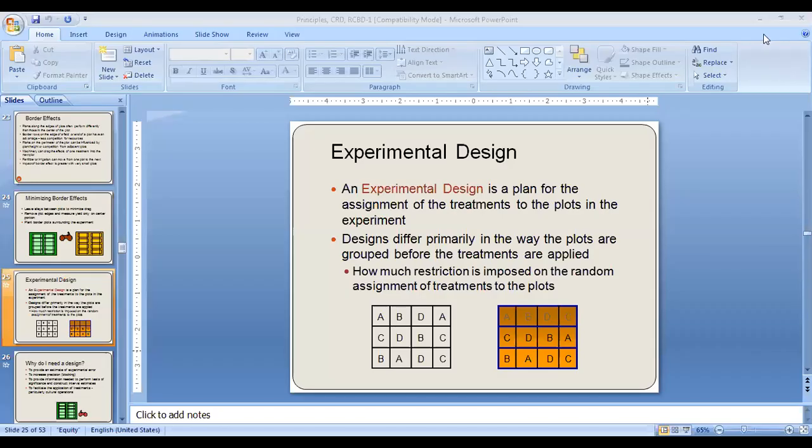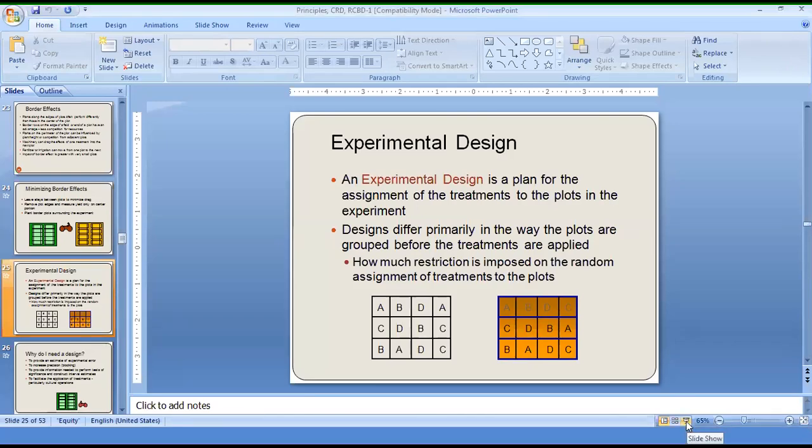Right. We'll continue with our lectures on design and analysis of experiments. Up to last week, we have discussed the basic principles of design, and thereafter we said a little about the border effects, basically, right? Today we will see some of the basic designs, and also